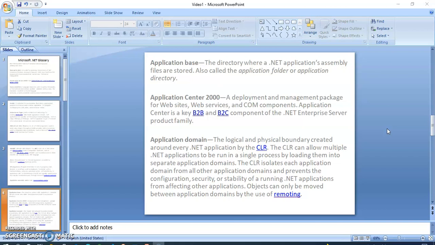The CLR isolates each application domain from all other application domains and prevents the configuration, security or stability of a running .NET application from affecting other applications. Objects can only be moved between application domains by the use of remoting.